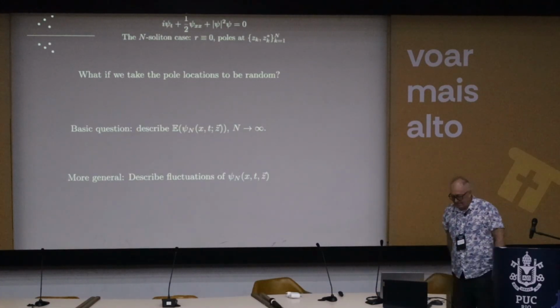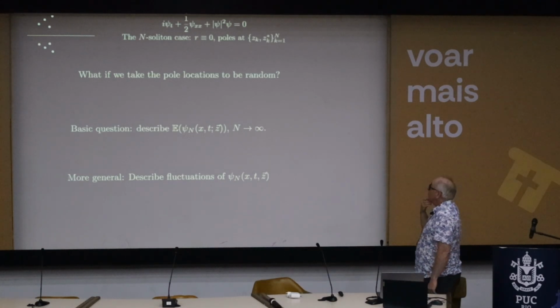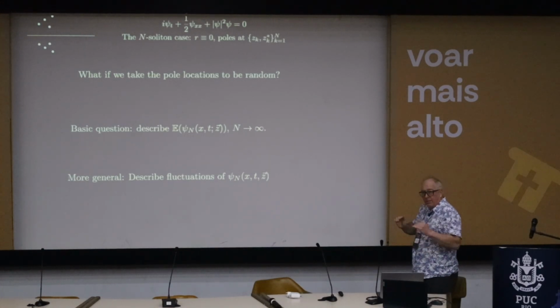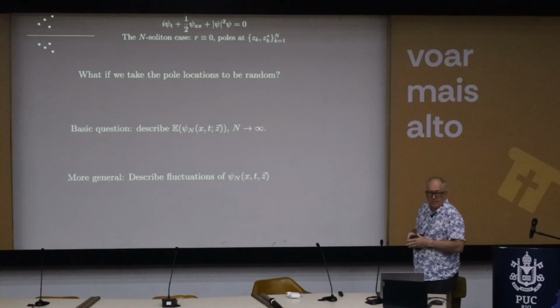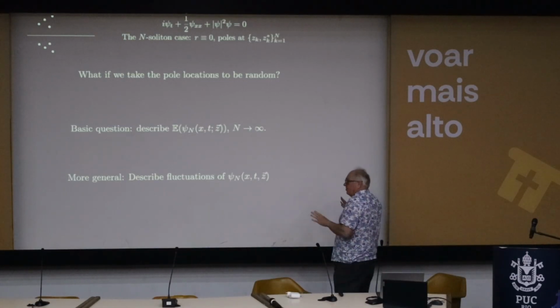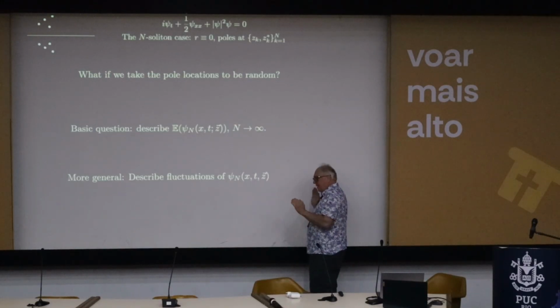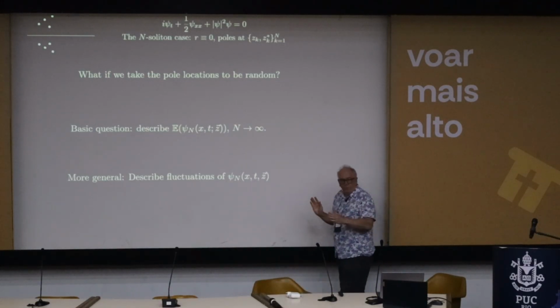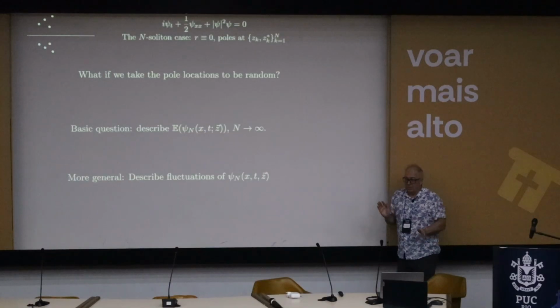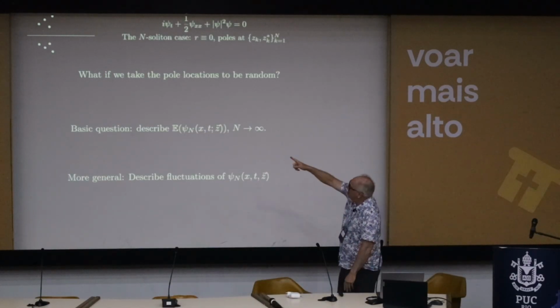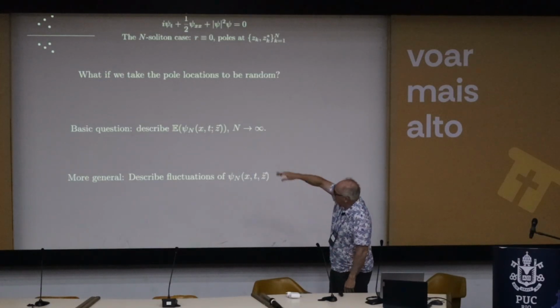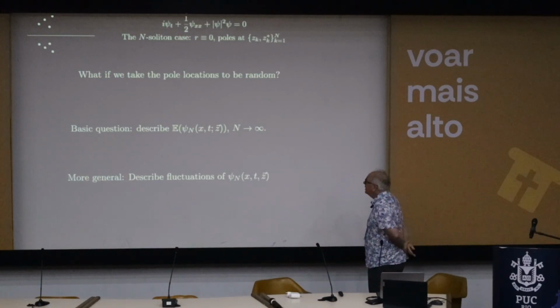Okay, so now I'm talking about the nonlinear Schrodinger equation. I want to try to construct a gas of solitons in which there's randomness so I can really talk about fluctuations. That's the last topic. So it's all soliton gases, which means finite numbers of solitons, no reflection coefficient. I'm assuming that the reflection coefficient is 0. It's just a bunch of solitons, but I want to take them to be random, and so that's why you see the plot there no longer in a kind of ordered fashion on the upper left-hand corner.